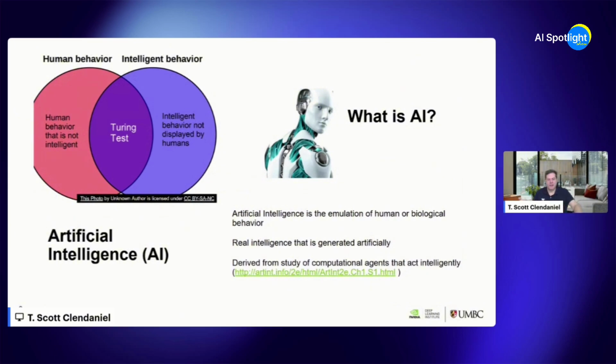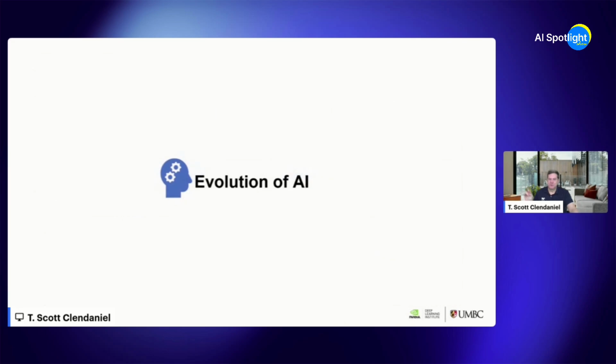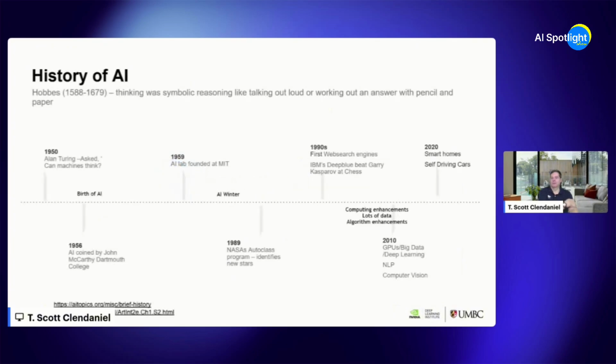So that's basically our starting point. So now we've got one item off the list. What is AI? But how did we get here? Well, I already gave part of the puzzle away in terms of the evolution of AI because we talked about Alan Turing. And we're going to go through a brief timeline, and I actually have some additional elements that I'm going to add to the timeline that are in the slides as we go forward.